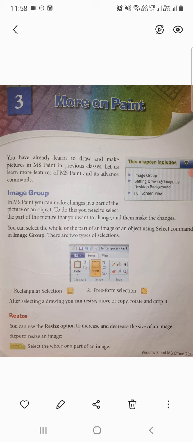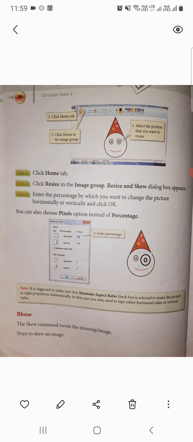You can use the resize option to increase and decrease the size of the image. That means it helps you to resize your image. You can use the resize button to make your image smaller or bigger.